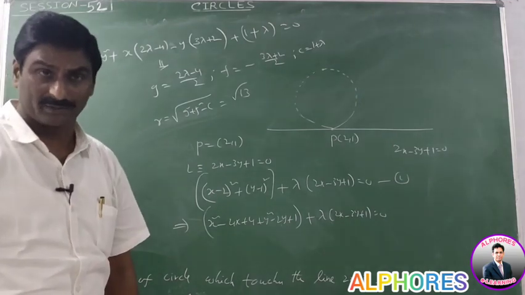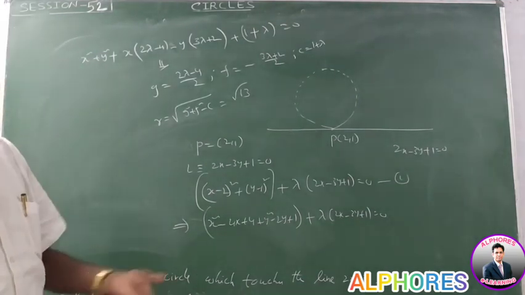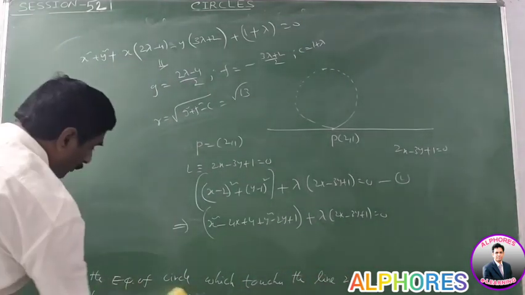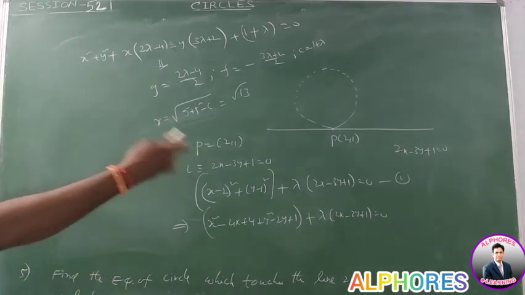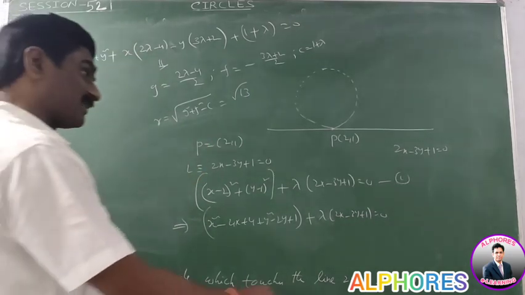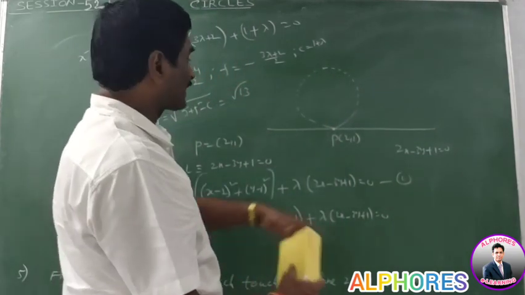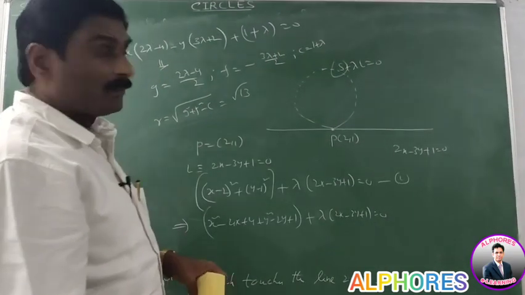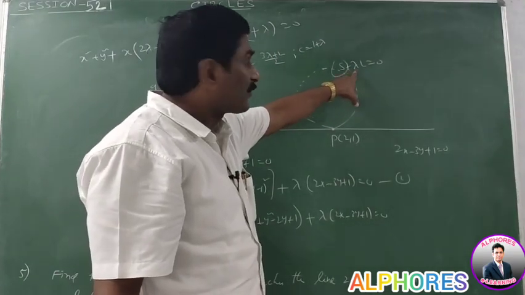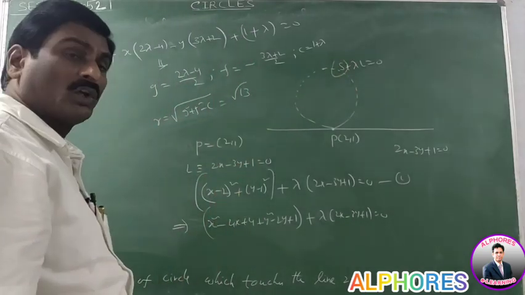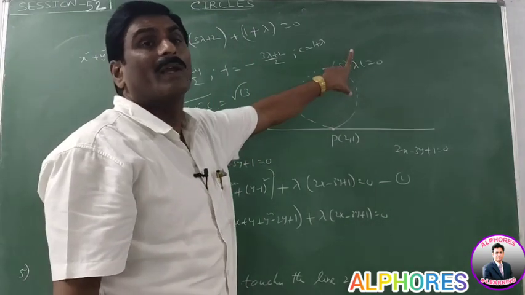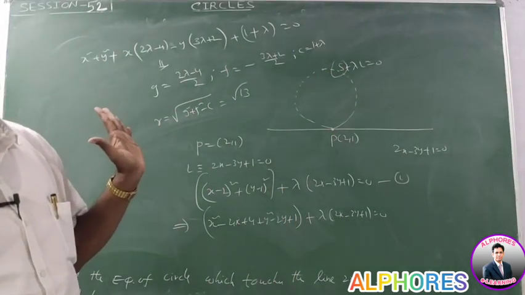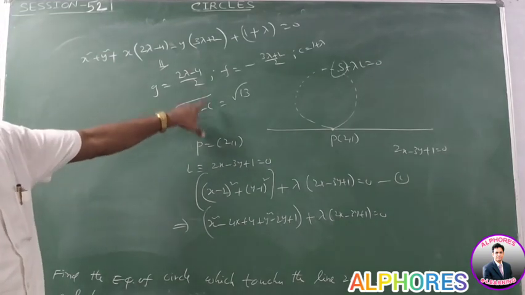Very, very important point. In another case, suppose the question is in this way: find the equation of the circle which touches the line at (2, 1) and passes through a particular point, (0, 0) or any other point (x1, y1). In this case also the circle passes through P (2, 1) and touches the line. Any circle passing through this point is S plus lambda L equals 0, where S is the point circle. Here lambda is an unknown value. How do we find the value of lambda? This required circle passes through (0, 0). Substitute this point in this equation, and we get the value of lambda. Substitute the value of lambda in this equation, and we get the required equation. Find the value of lambda by using this property.